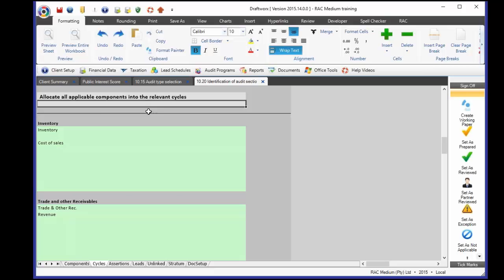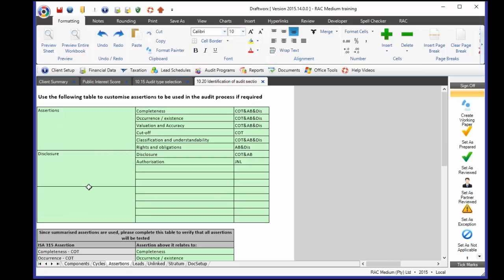This bar, this gray line becomes clear, and then we know that we've allocated all of the cycles that we need to, and we're happy. Now just to quickly have a look at the assertions, as I said earlier, we'd have a look at assertions here. Here are the assertions that we're going to deal with in the medium client, and here they